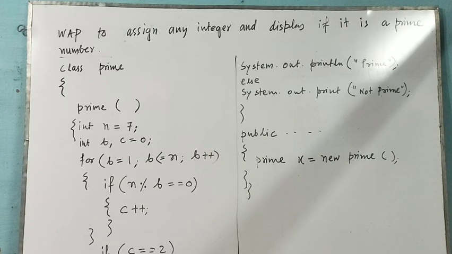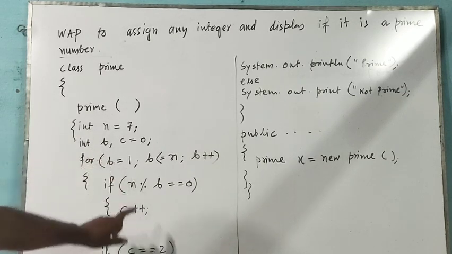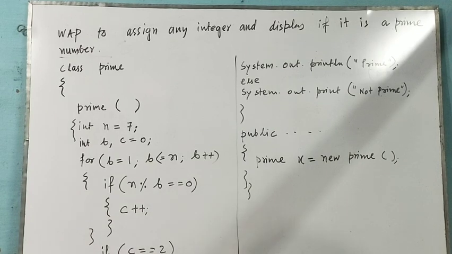Here we have seen two types of program using a constructor. The first one which you have seen used one parameter in the constructor, and that type is called a parameterized constructor. The constructor which is used now in this program is called a default constructor. So two types of constructor we have seen today.